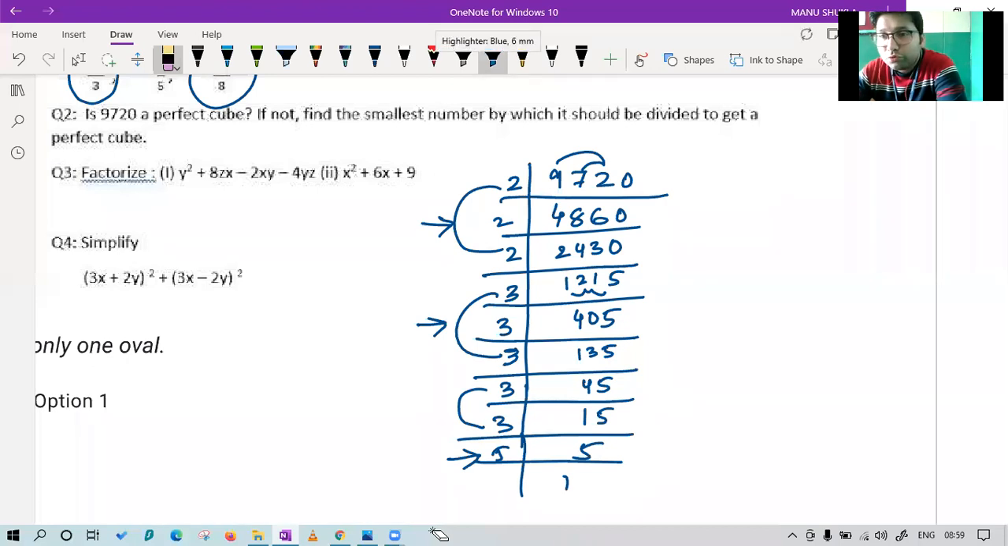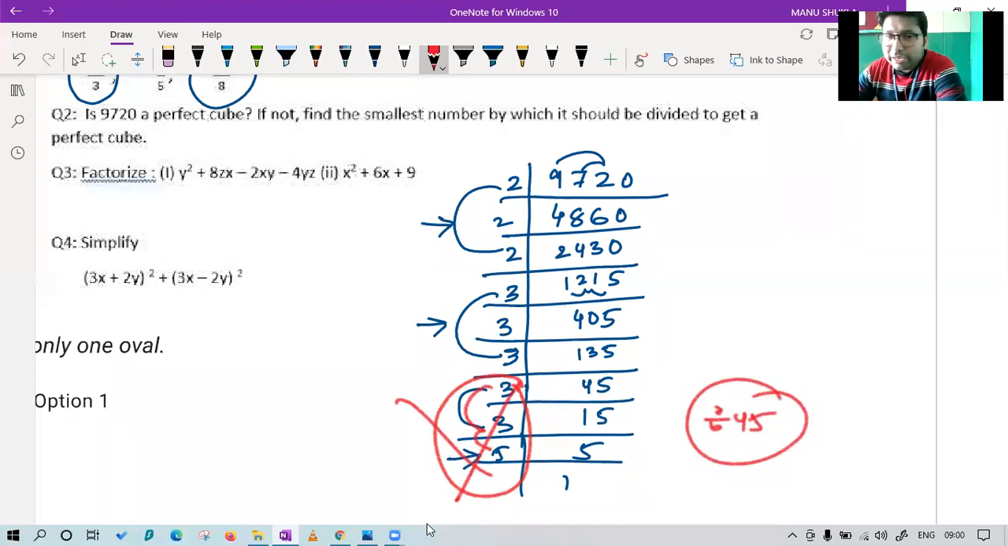So we have to remove those who are creating the problem, and the problem makers are these 3s. So we will divide by what? We have to remove these 3s which are creating the problem. So we have to divide by 3 3s are 9 and 9 5s are 45. Why? Because if we divide by 45, what will happen? These will vanish and only